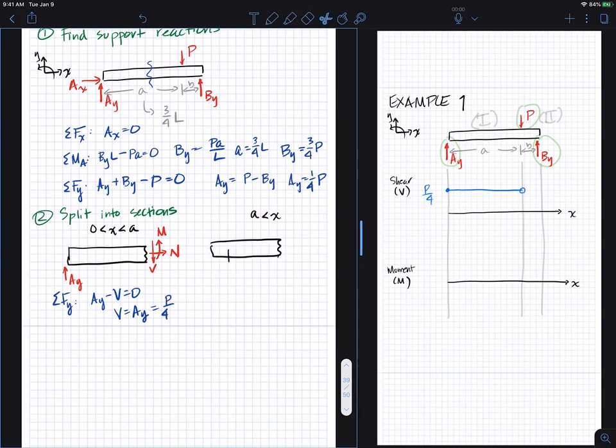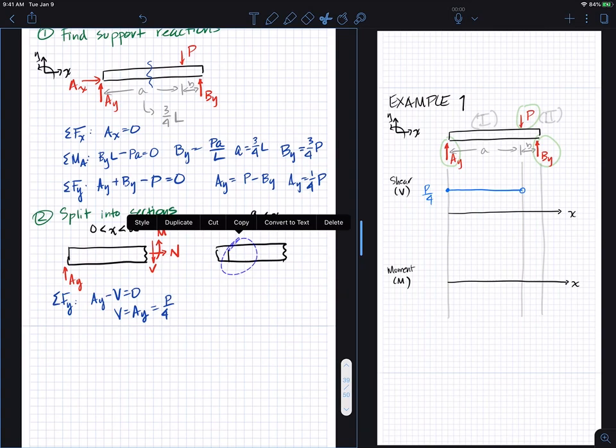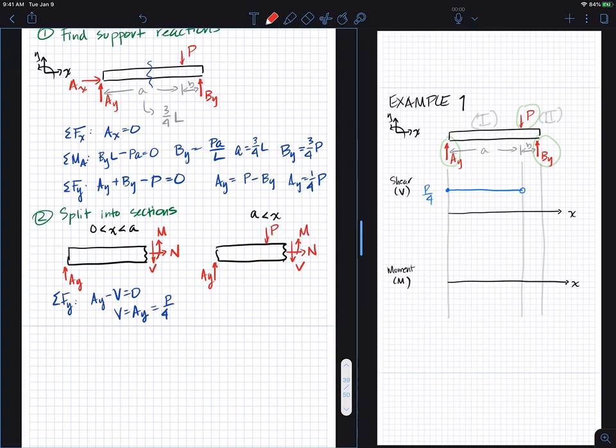Let's scoot this over just a little bit. Again, we still have AY. We have our internal forces, V and M. And now we'll still apply P, right? But P acts at a distance A away from the left-hand side. And now if I write my equation of equilibrium for section 2, sum of forces in y, I get